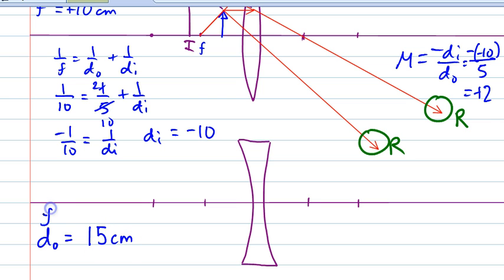Now for this, again, it has a focal length of 10 centimeters, but because it's a concave lens, there's a negative sign that goes in front. So now let's mark our focus. Let's put down our object,